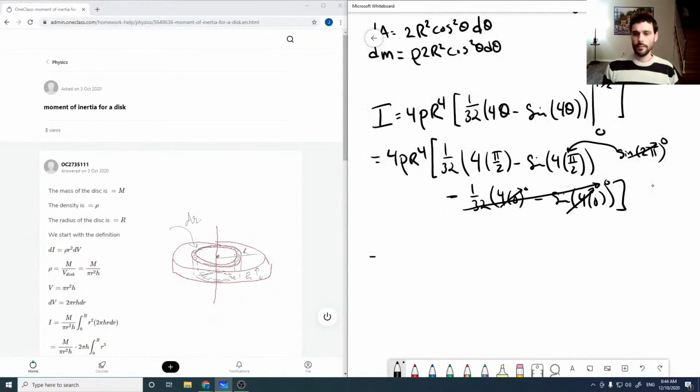So then we've got 4 rho r to the 4th times, just moving some stuff around in here, 2 pi over 16, which is equal to pi rho r to the 4th over, so 2 times 4 is 8, 8 over 16 is 2,